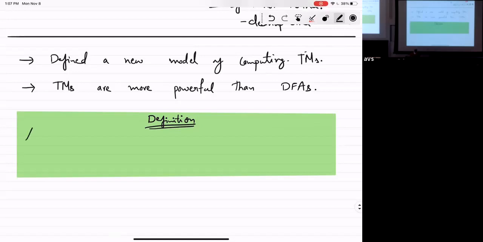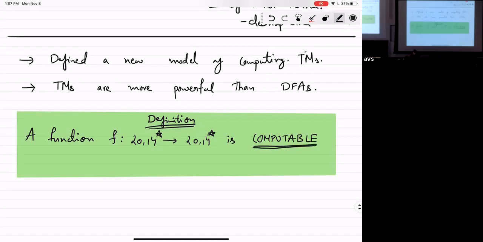Okay? So a function f is computable if there exists a Turing machine that computes f.